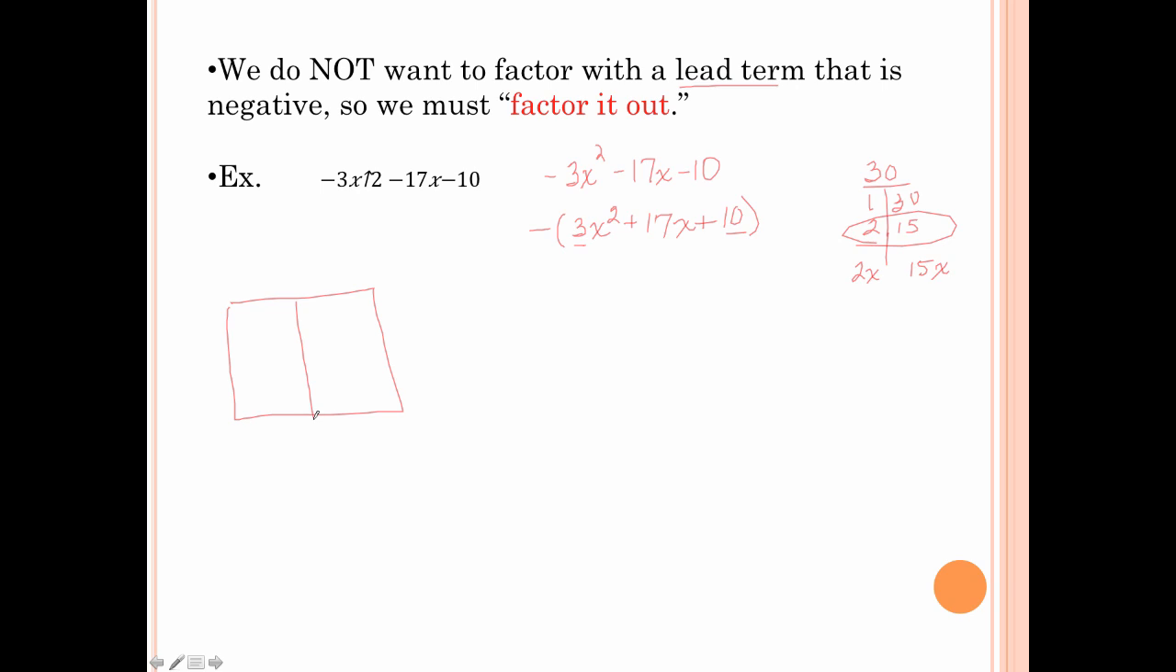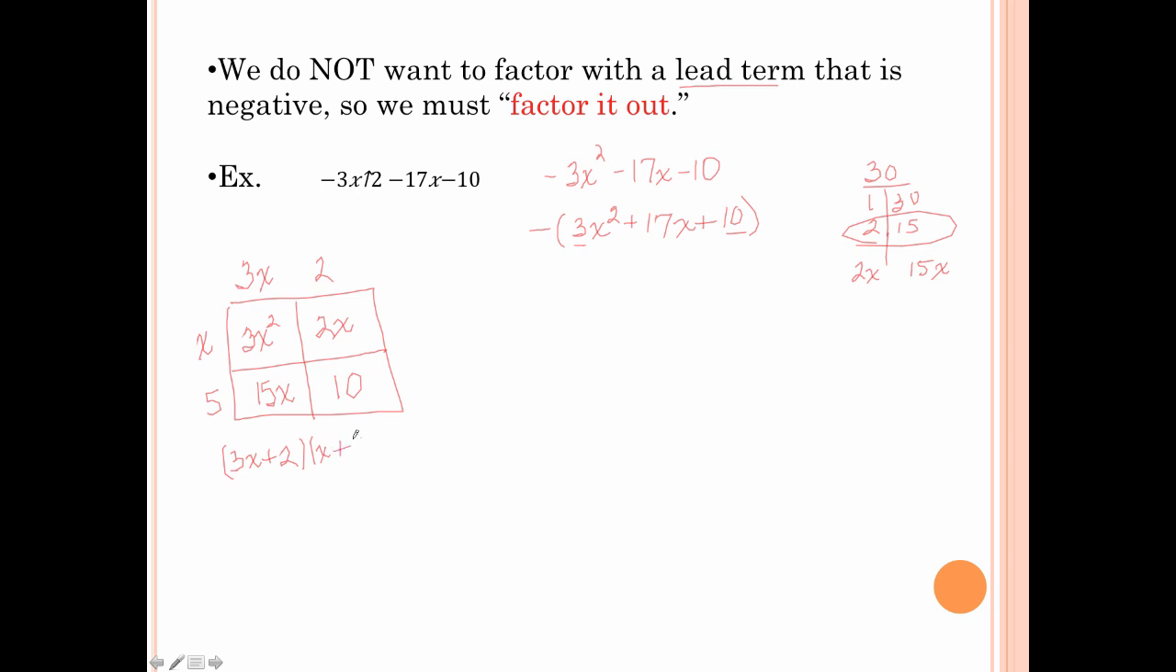And if you want to pause your video now and see if you can make this work, that would be great, or follow me through this process. I'm going to put my 2x up here and my 15x down here. Remember, it doesn't matter where you place it. My greatest common factor here is 3x. Going this way, I've got a 2. In this direction, I have an x. And in this direction, I have a 5. So I've got 3x plus 2